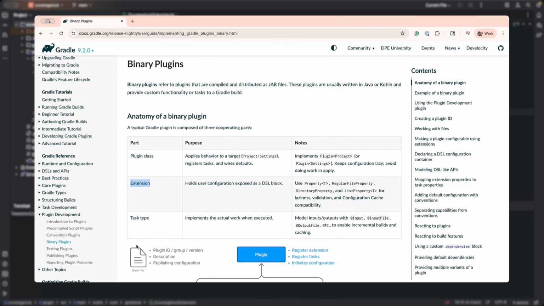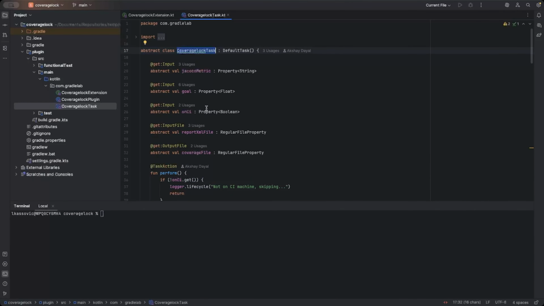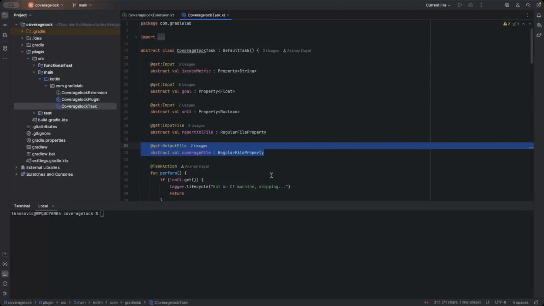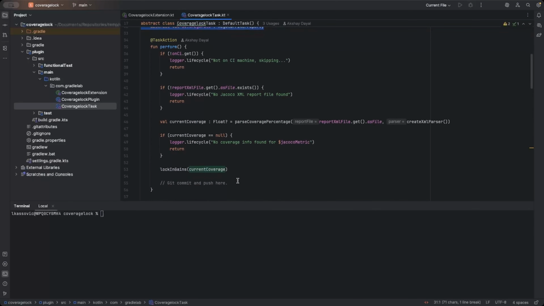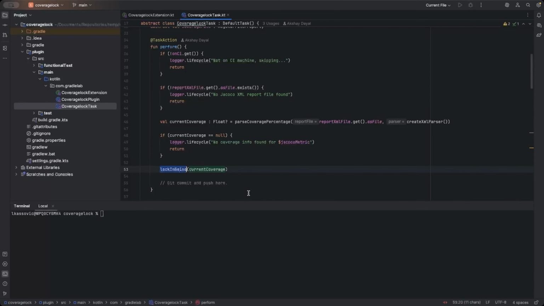The second type of class you can implement is custom task types. These have inputs, outputs, and an action defined. In the sample plugin we will be developing, we will implement a task type that has 4 inputs and 1 output. The task action will determine whether the test coverage has gone up and locks in the gains by updating